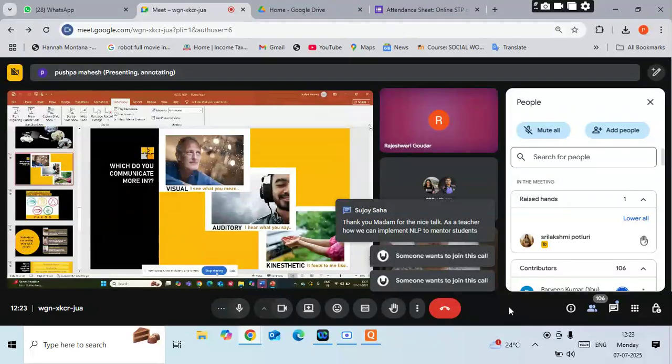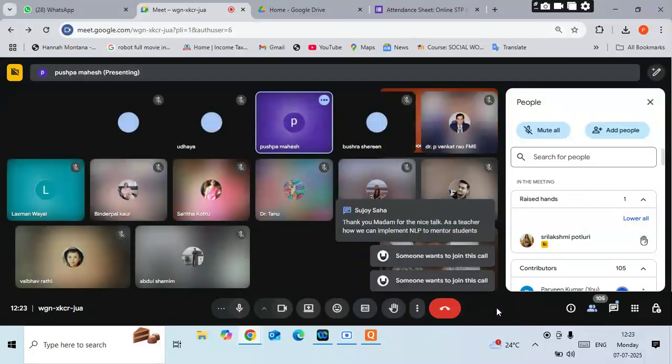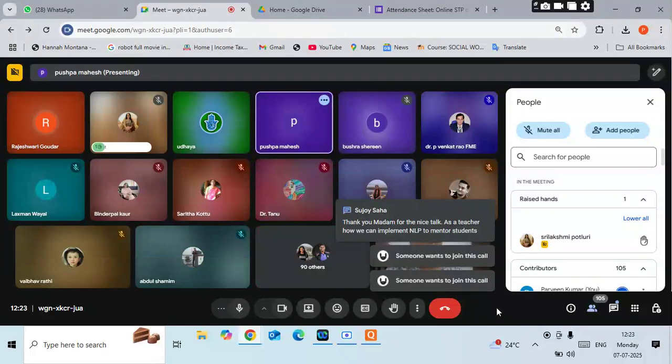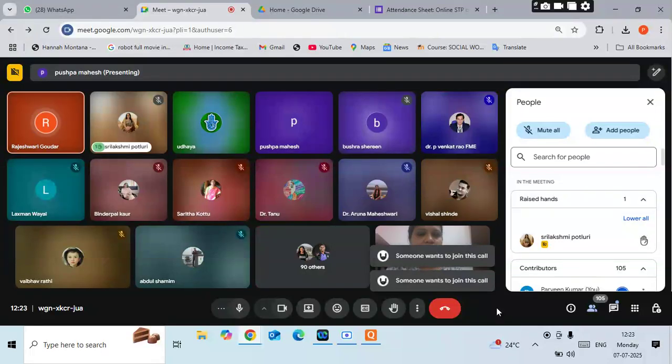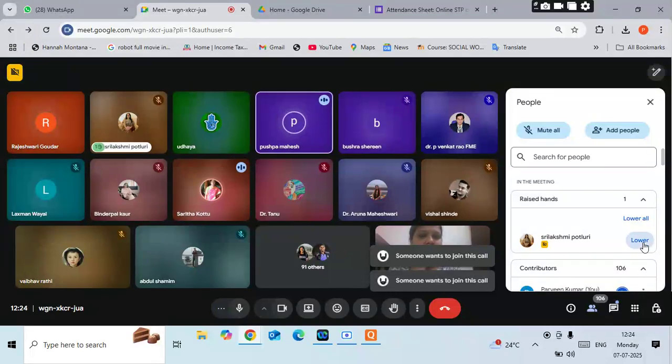I just wanted to know about the meaning of O and G in the PPT slide. Grinder and Bandler, the founders of NLP, is it? Yeah. VAK: V is for visual, A is for auditory, K is for kinesthetic, O is for olfactory, and G is for gustatory.